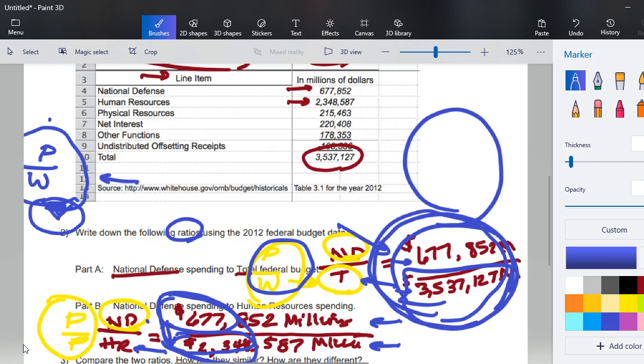Question 8 says calculate the percentages of those ratios given in question 2. So I'm still sitting here at question 2. I'm going to try to find a whole other color, and I'm going to go back here to the part and the whole, and I'm going to punch in divide 677,852 by